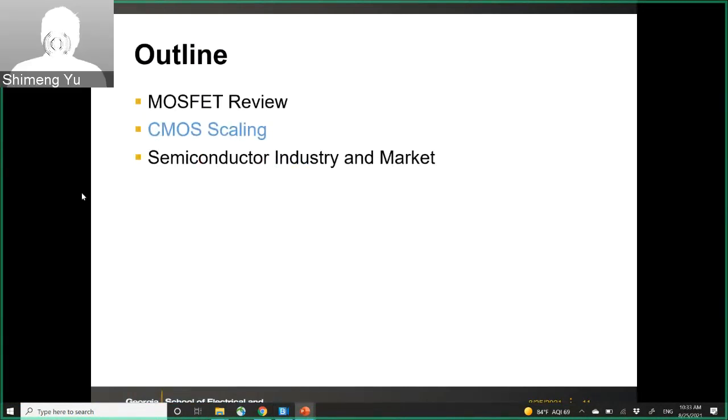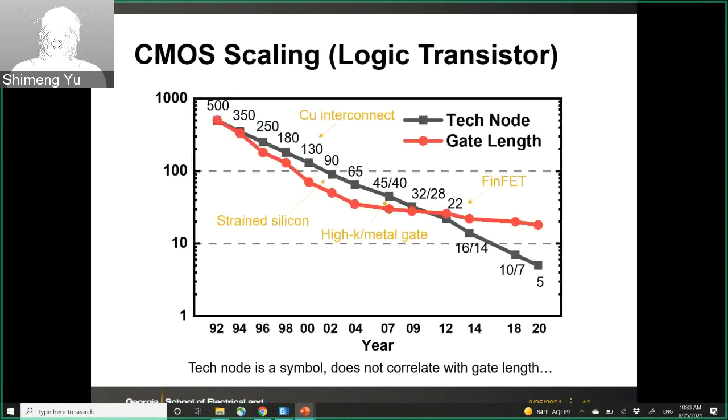All right, so then next, let's talk about CMOS scaling. Let's first look at this chart. This summarizes the technology node, and the relationship with the gate length of the logic transistor. The tech node is typically used in the industry. Let's say from 1992, about a 500 nanometer node was introduced, and then 350, 250, 180, 130, 90, 65,